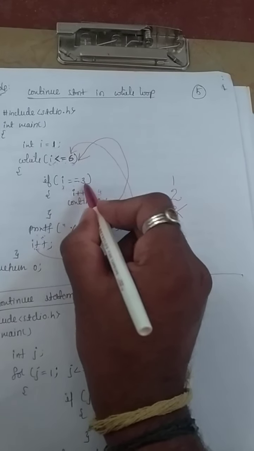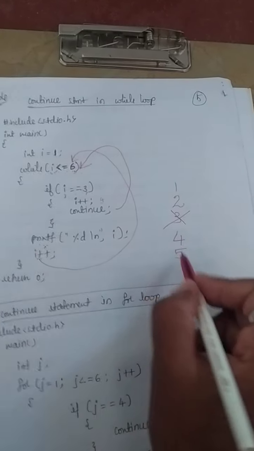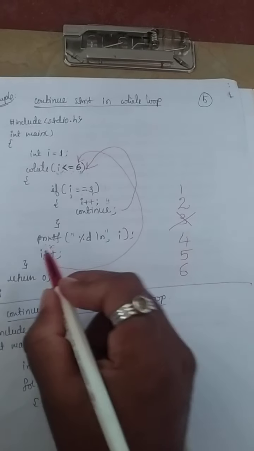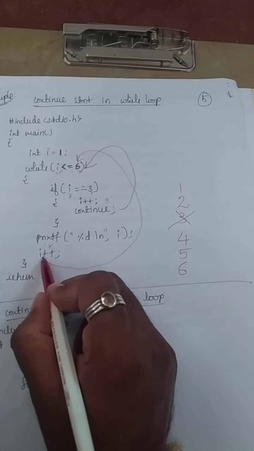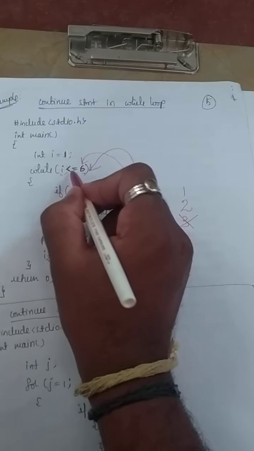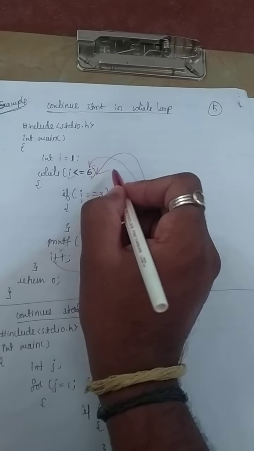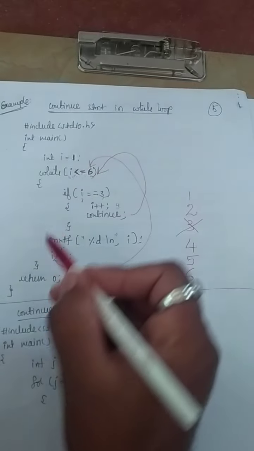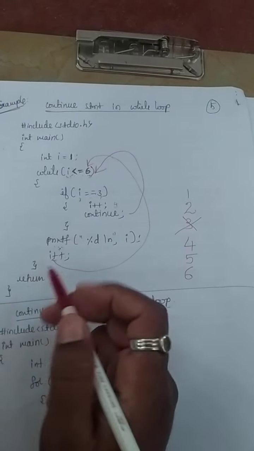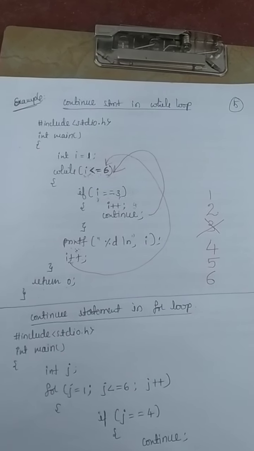When this condition is true, check the I value here. Whether 6 is equivalent to 3, false. False means jump to the printf statement. So it prints the value 6 here. Then increments the I value to 7. Again you come here, substitute the value. Whether 7 is less than or equal to 6, false. So when the while condition becomes false, it terminates and then goes to return 0 and terminates the program. Got it? So this is how it works.